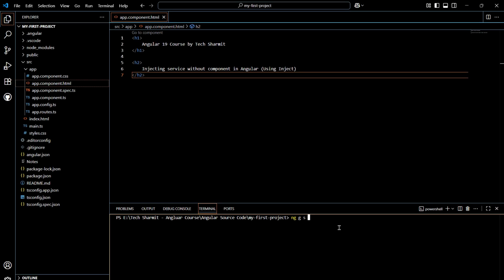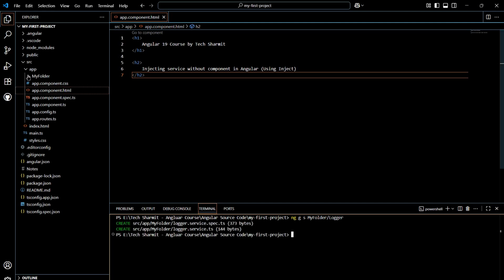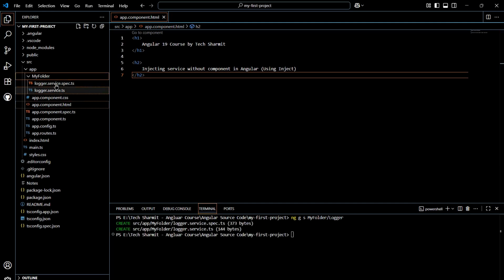So I will write ng g s, my folder/logger, and that's it. Now press enter. Once you press enter, it will take a few seconds and add the my folder here. In this my folder you can see that we have